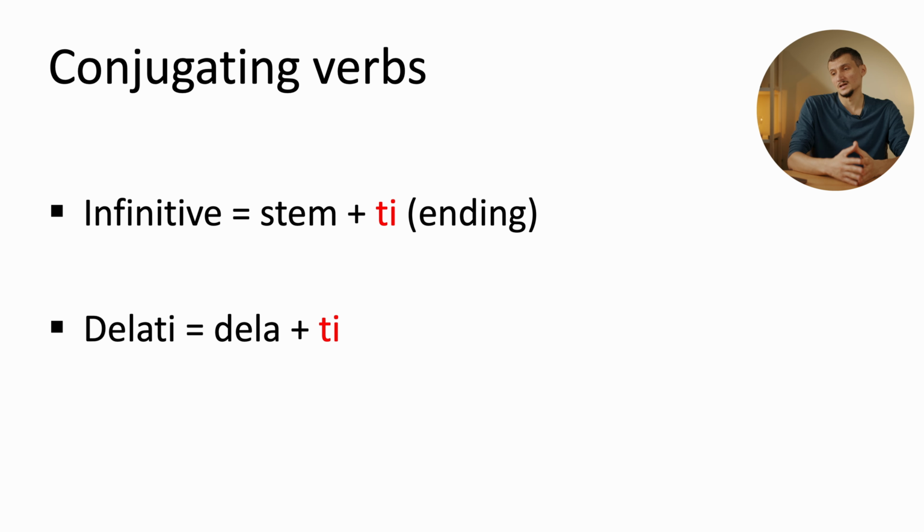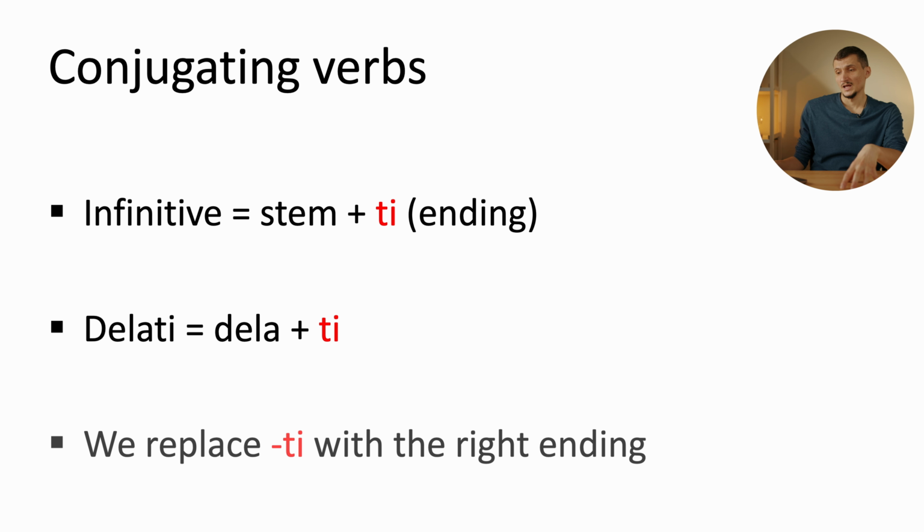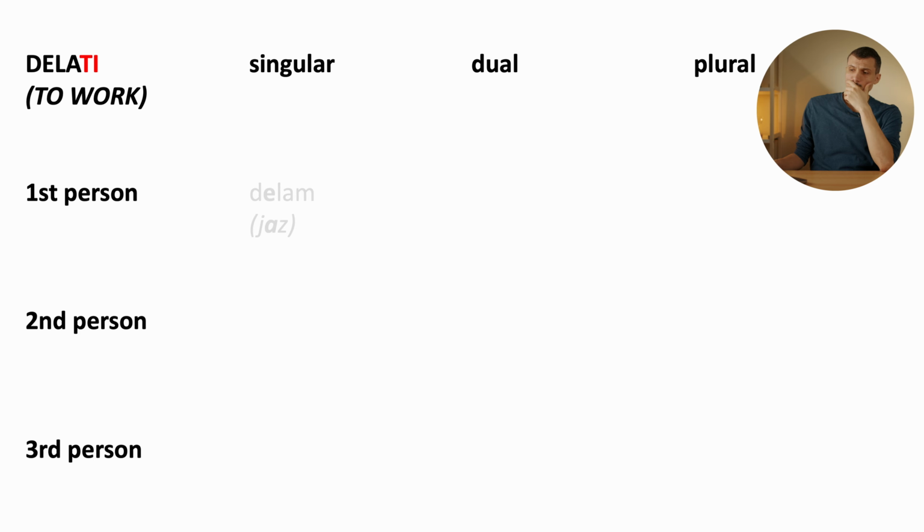So, delati can be broken down to dela plus ti. Everything that comes before ti, and the ti. And so, if we know that, then we just have to replace ti with the right ending, and that's how we conjugate verbs in Slovenian. So, going back to our table, we have delati. And now, basically,